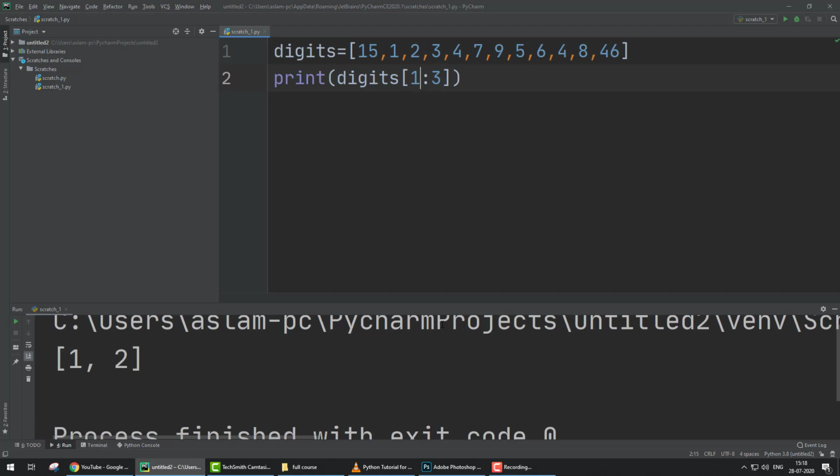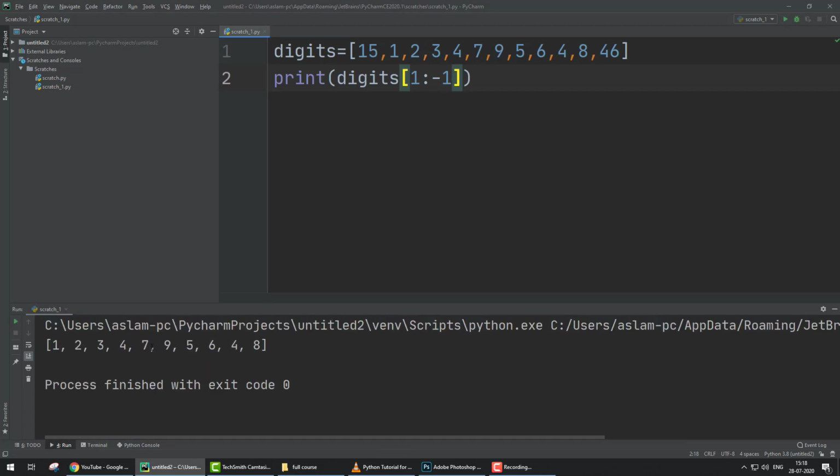Okay, what happens if we provide the values 1 to -1? Run, then explain. Index number 1 is this, and index -1 is this. So between this and this is printed as the result, because this is the range.